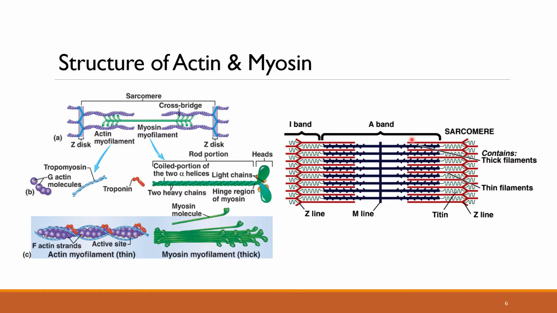So now if you look at the band arrangement, at the center you have the thicker myosin myofilament. So that region where the myosin myofilaments are present, they are called as the A band. On either sides you have the thin filaments, right, which are made up of actin. Okay, the thin filaments are constituted of actin, and the region where they are present are termed as the I bands. And this is the Z band or the Z disc where the actin filaments are connected.